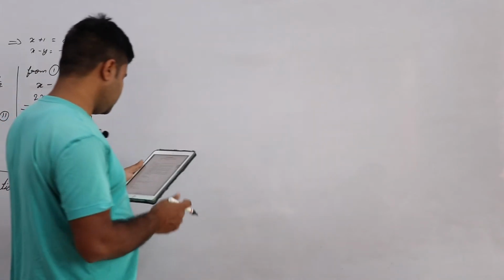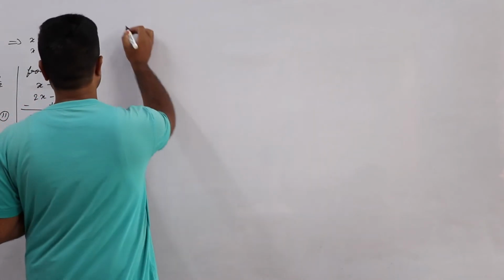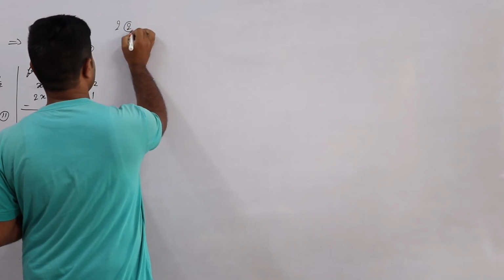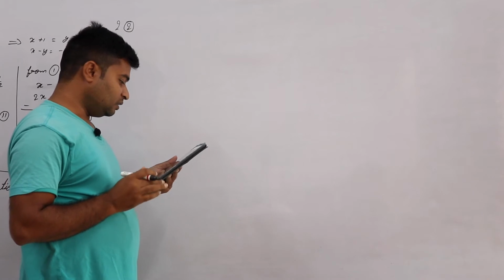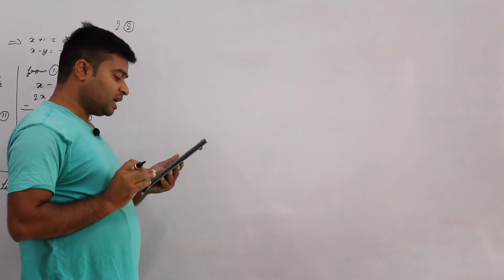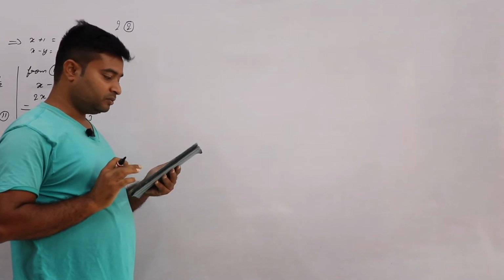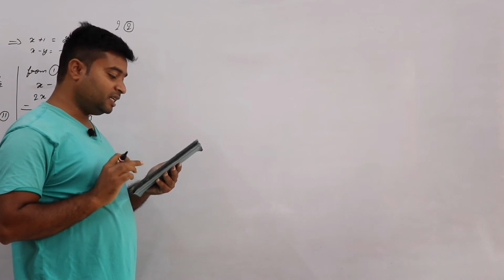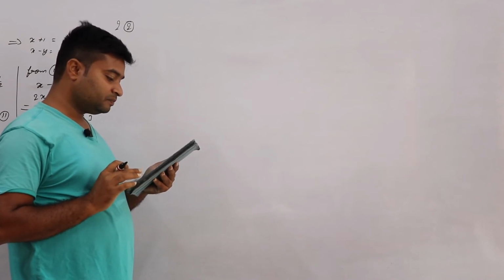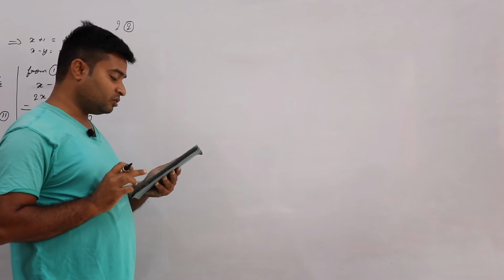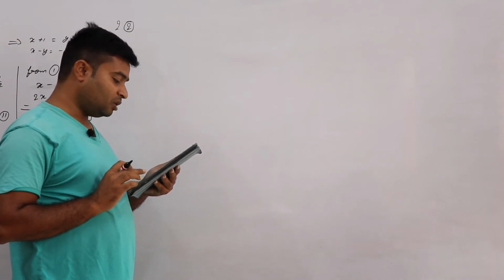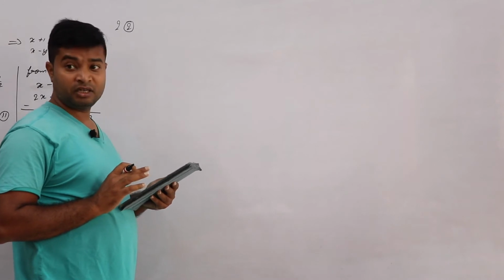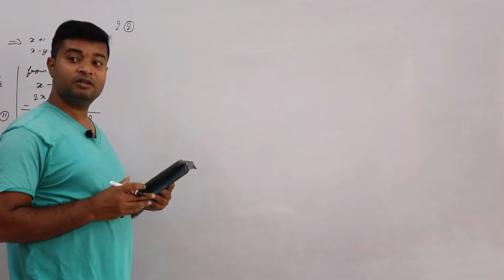See, question number 2. Saying 5 years ago Noori was 3 times as old as Sonu. Full stop. That 10 years later Noori will be twice as old as Sonu. How old are Noori and Sonu? Understood anything? Do it then.